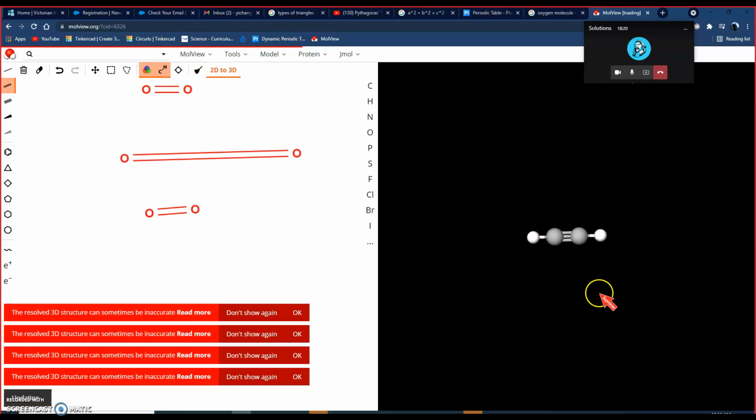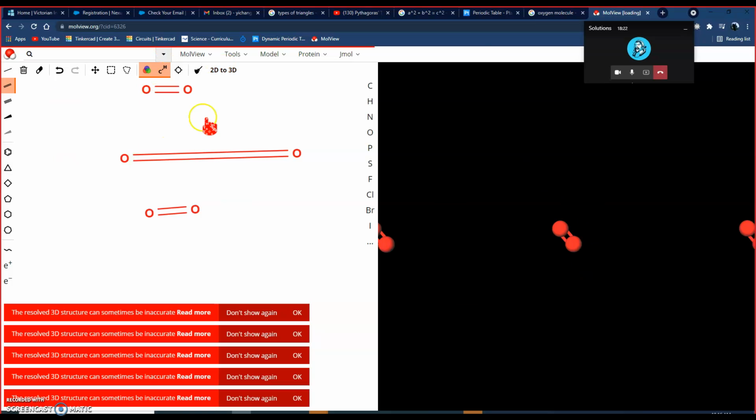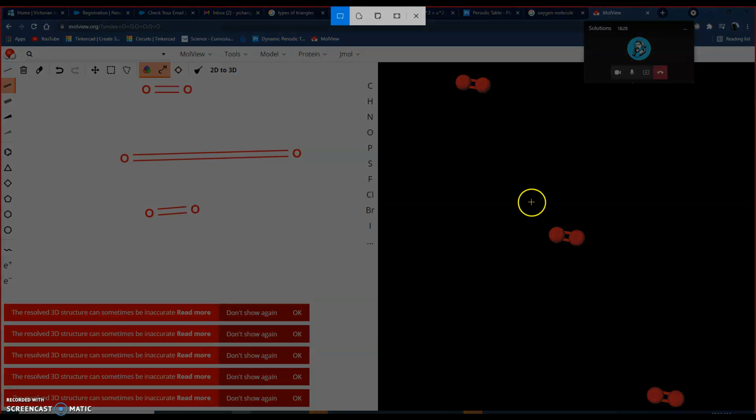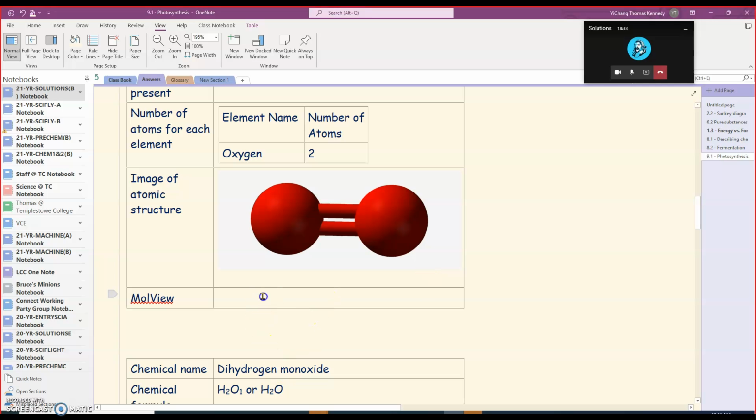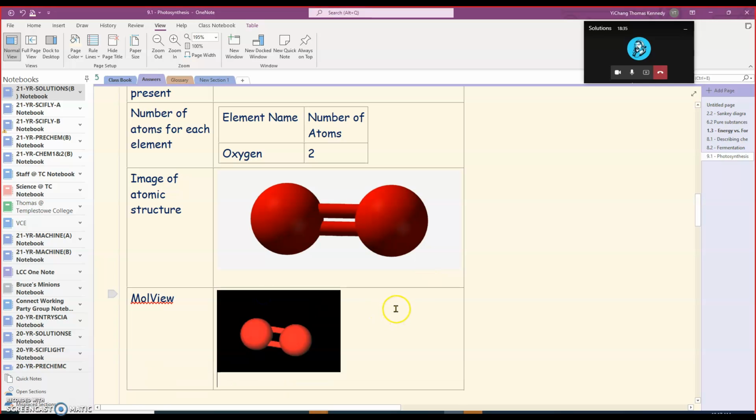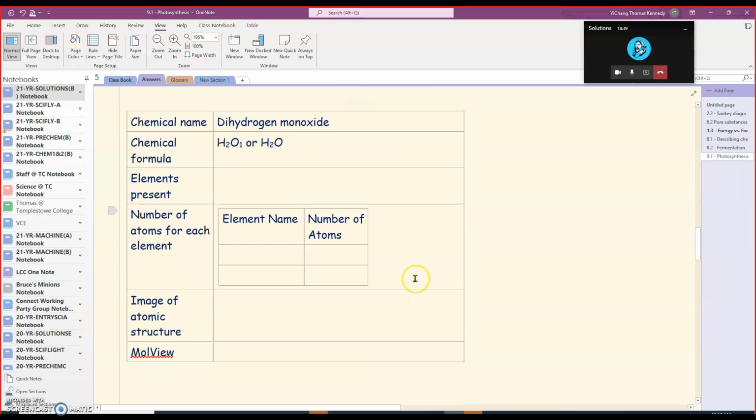Then I'll get some images of my molecules here, and the only thing I have to do is, if I'm using Windows, Shift S, and then take a picture of this particle and paste it into there. So that's your activity. I'm going to let you guys have a go yourselves now. I'm going to end this recording actually and let